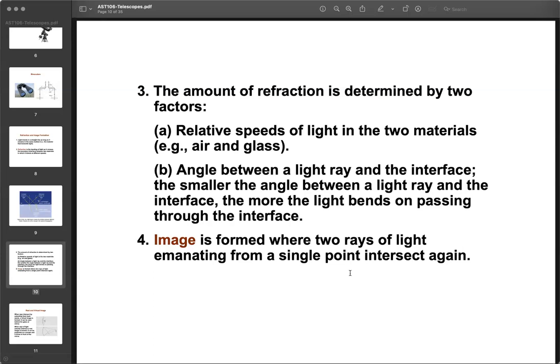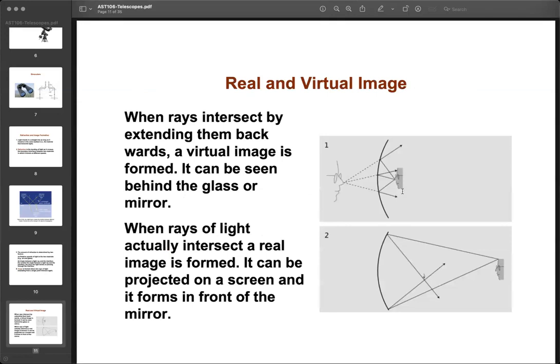Image is formed when two rays of light emanating from a single point intersect again. This will become very apparent when we look at this next diagram here. So for example, in the first diagram, the person is looking at his image in a curved mirror. This curved mirror is like a magnifying mirror. So on the right is the person's face. And if we pick one point, like the tip of his nose, the light reflected off of the tip of his nose is